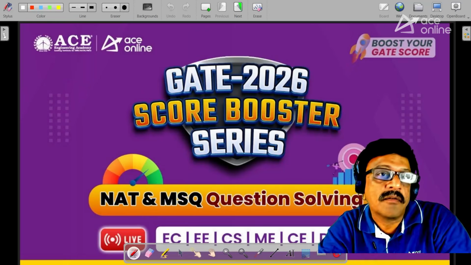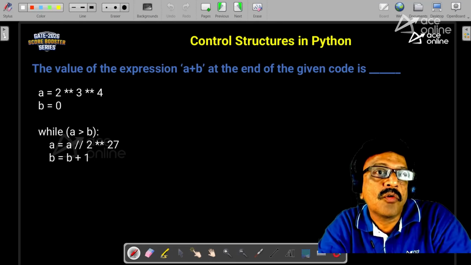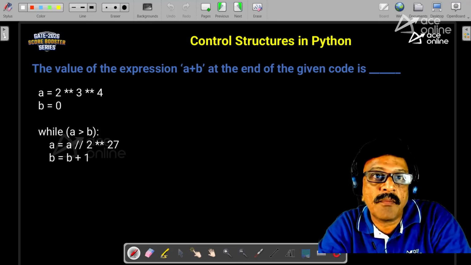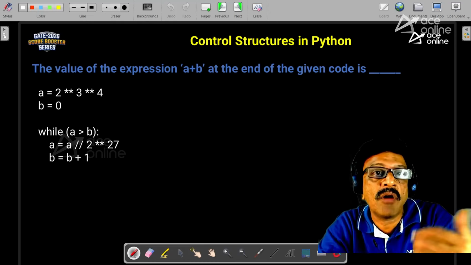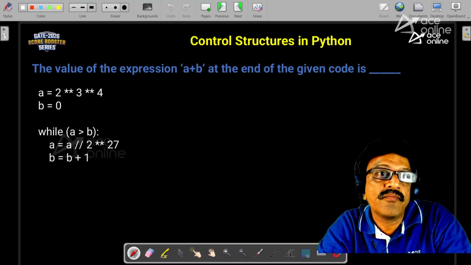So let's start. I have assembled and created questions from very fundamentals like operators in Python, then control structures, then data types. When I say data types, they are advanced data types like set, tuple, list, and dictionaries, and